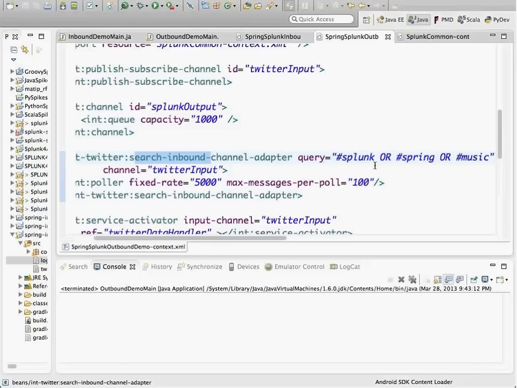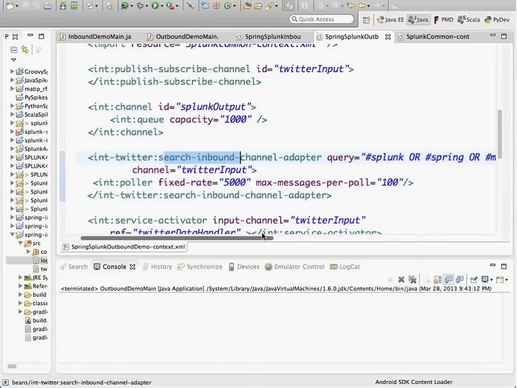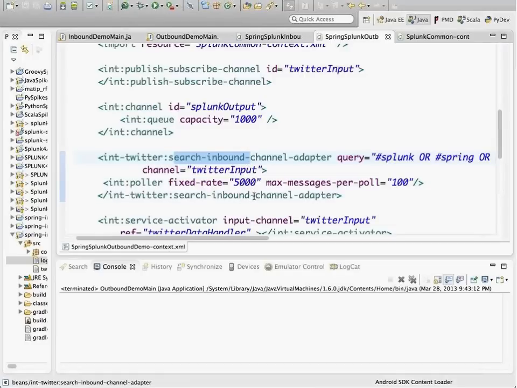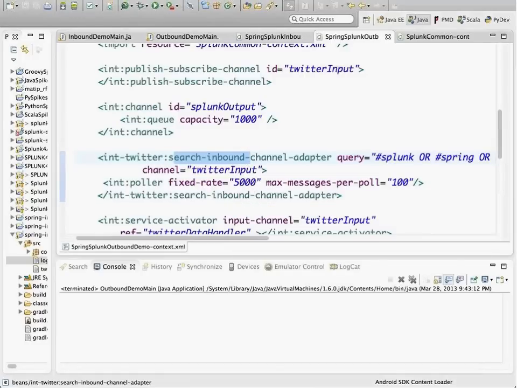I'm looking for any tweets that have the hashtag Splunk or Spring, or, just to make sure I actually get some data, the hashtag music. I'm pretty sure there's somebody somewhere in the world who's going to be tweeting with a hashtag music in it, so I'm pretty assured of getting some data there. I've got my poller here, so every 5 seconds, go off and poll Twitter looking for that pattern, and only return me a maximum of 100 messages. I don't want to swamp my entire system.